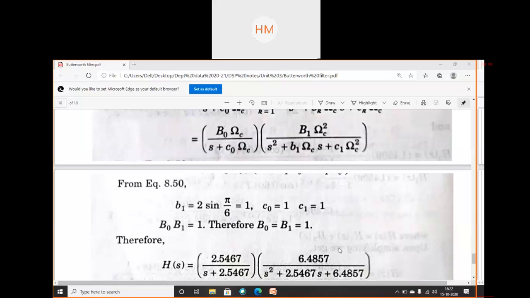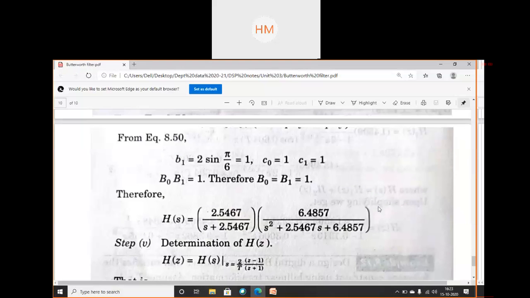Now which formula will you use over here? Which formula will you use to convert the S domain into the Z domain? Do you remember? Yes, students, please reply in the chat box. Okay, perfect. So write down and replace this equation.